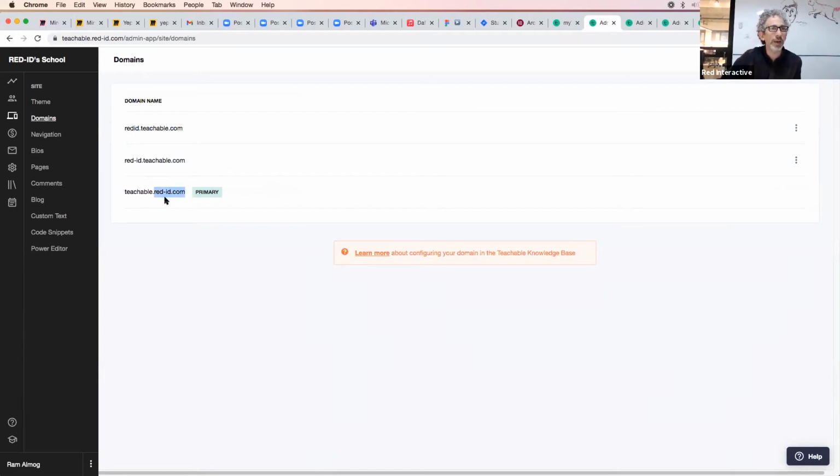So verifying redid.com: anything that starts with anything but ends in .redid.com is ours, and we can verify it. So I added this to Teachable, and I was able to verify it using an HTML tag, or through the DNS verification. So you can do this with Teachable and redid.com.